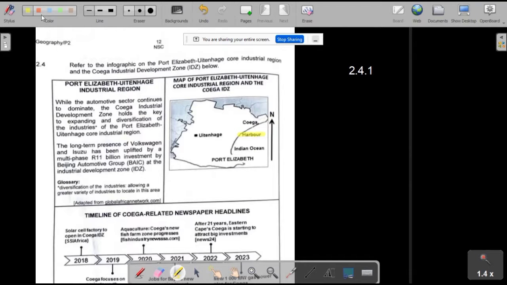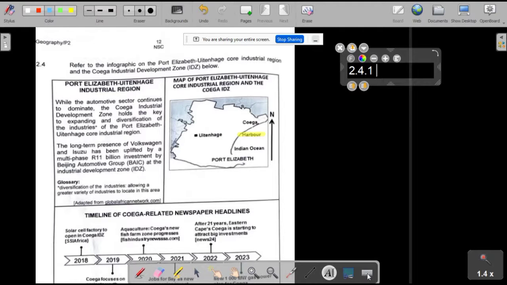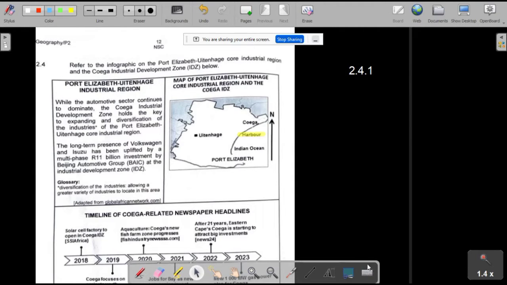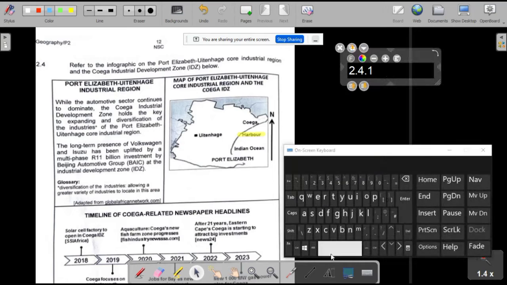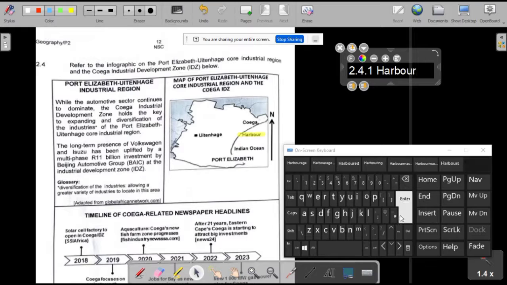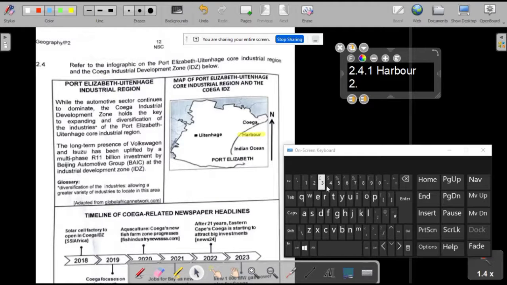So the harbor is a very, very good type of infrastructure. Okay, so I'm going to say harbor for 2.4.1, and then for 2.4.2